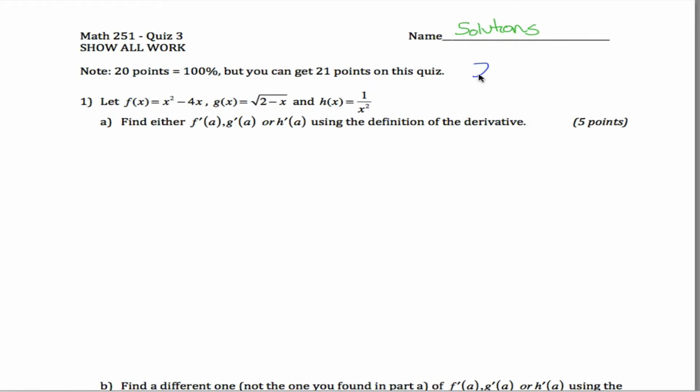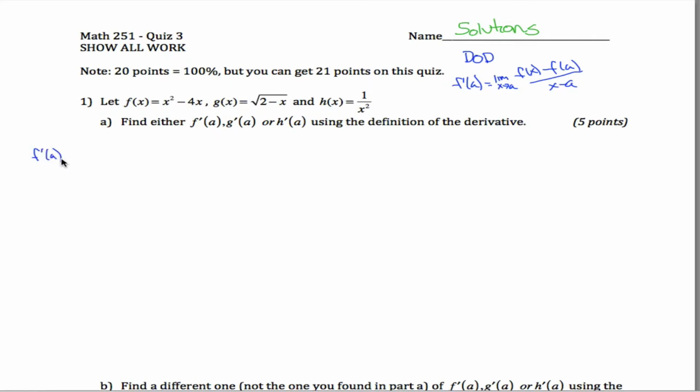All right, so the definition of the derivative tells you that for some function f of x, f prime of a is equal to the limit as x approaches a of f of x minus f of a divided by x minus a. So using that as kind of a blueprint, I can figure out f prime of a down here